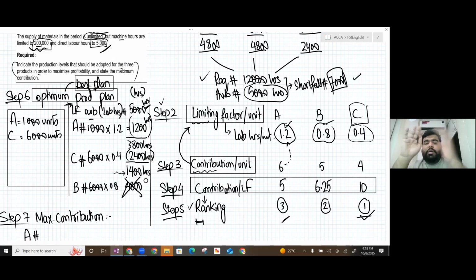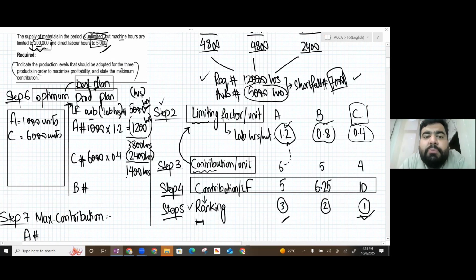So here you are stuck. Now you have to decide how many units of product B can be made. It is confirmed that the total 6,000 of B can't be produced, since they need 4,800 hours and you have only 1,400 hours. So here is the technique: write the hours you are left with, 1,400 hours,